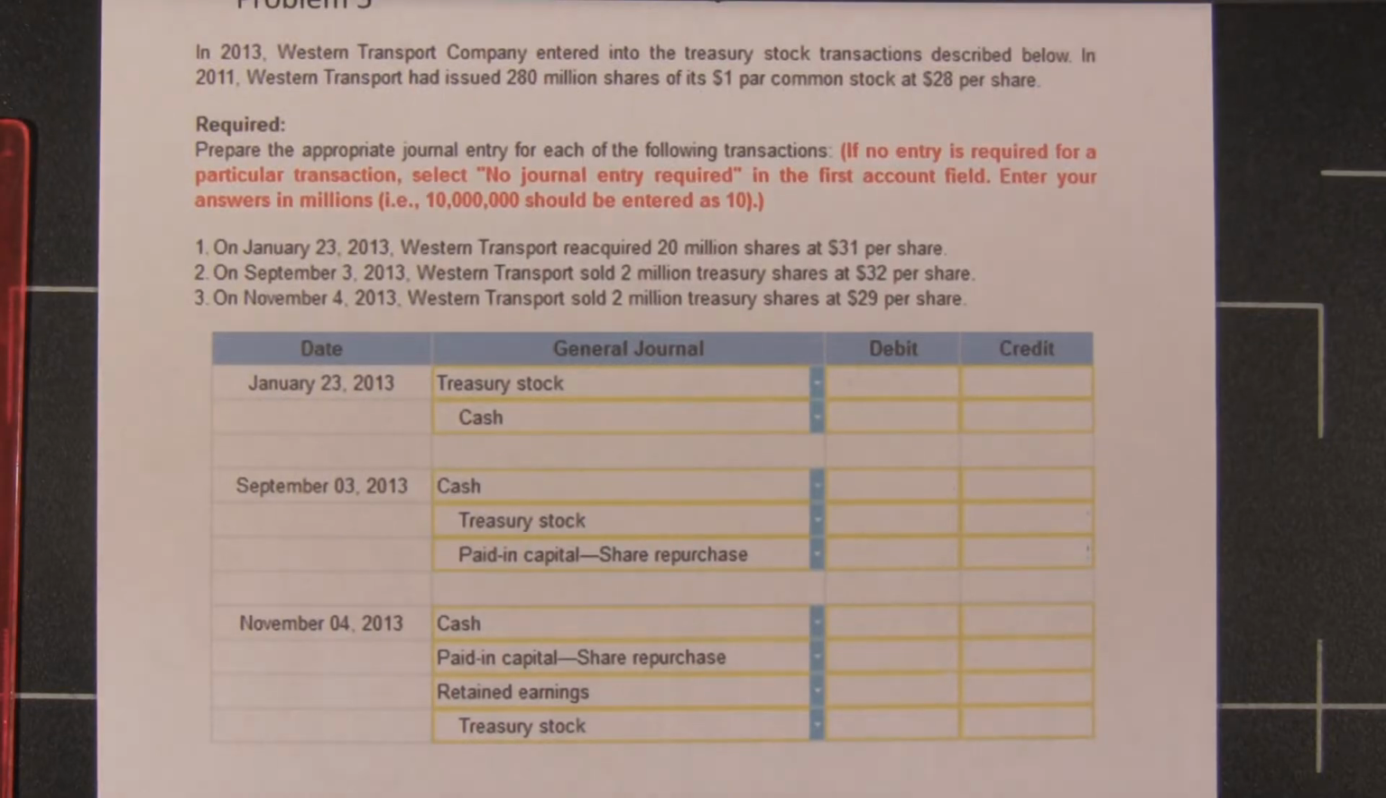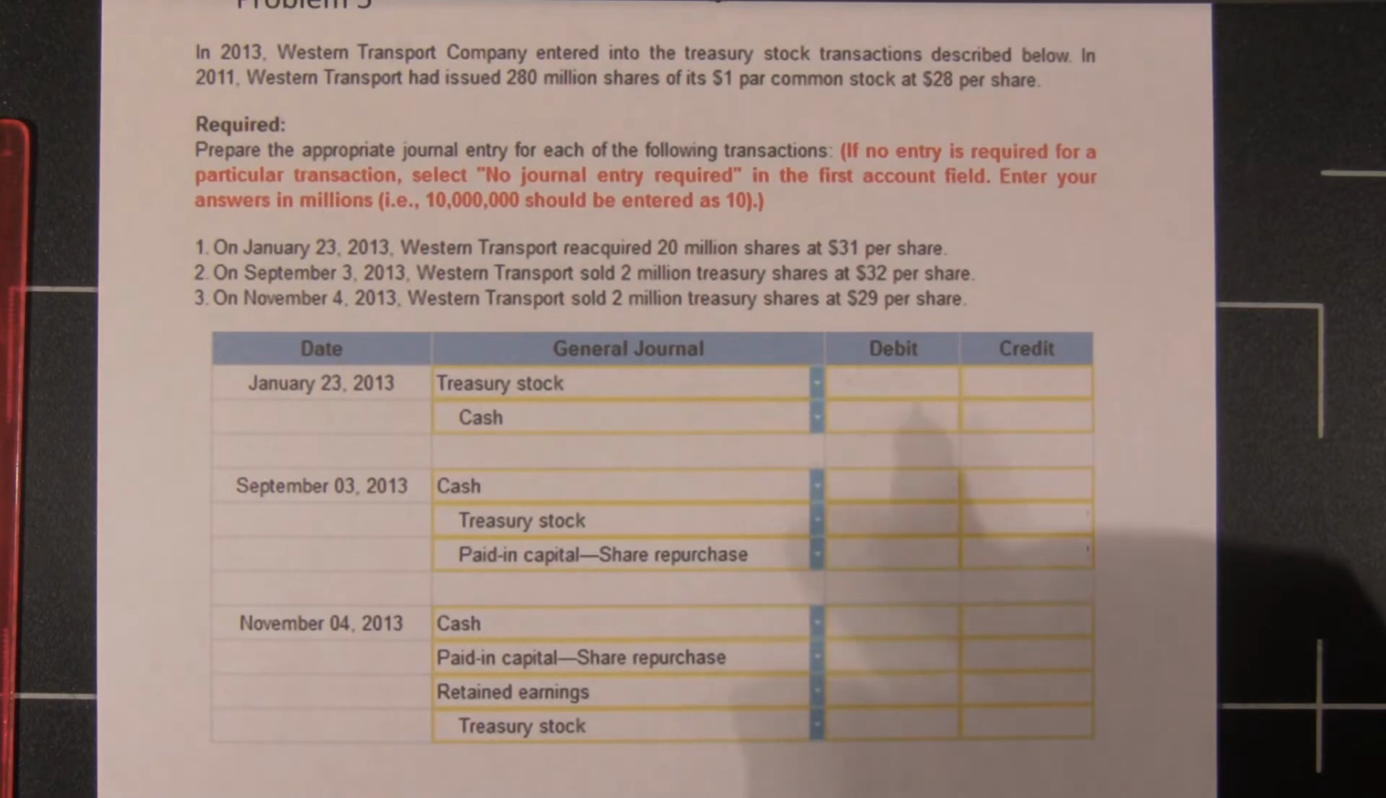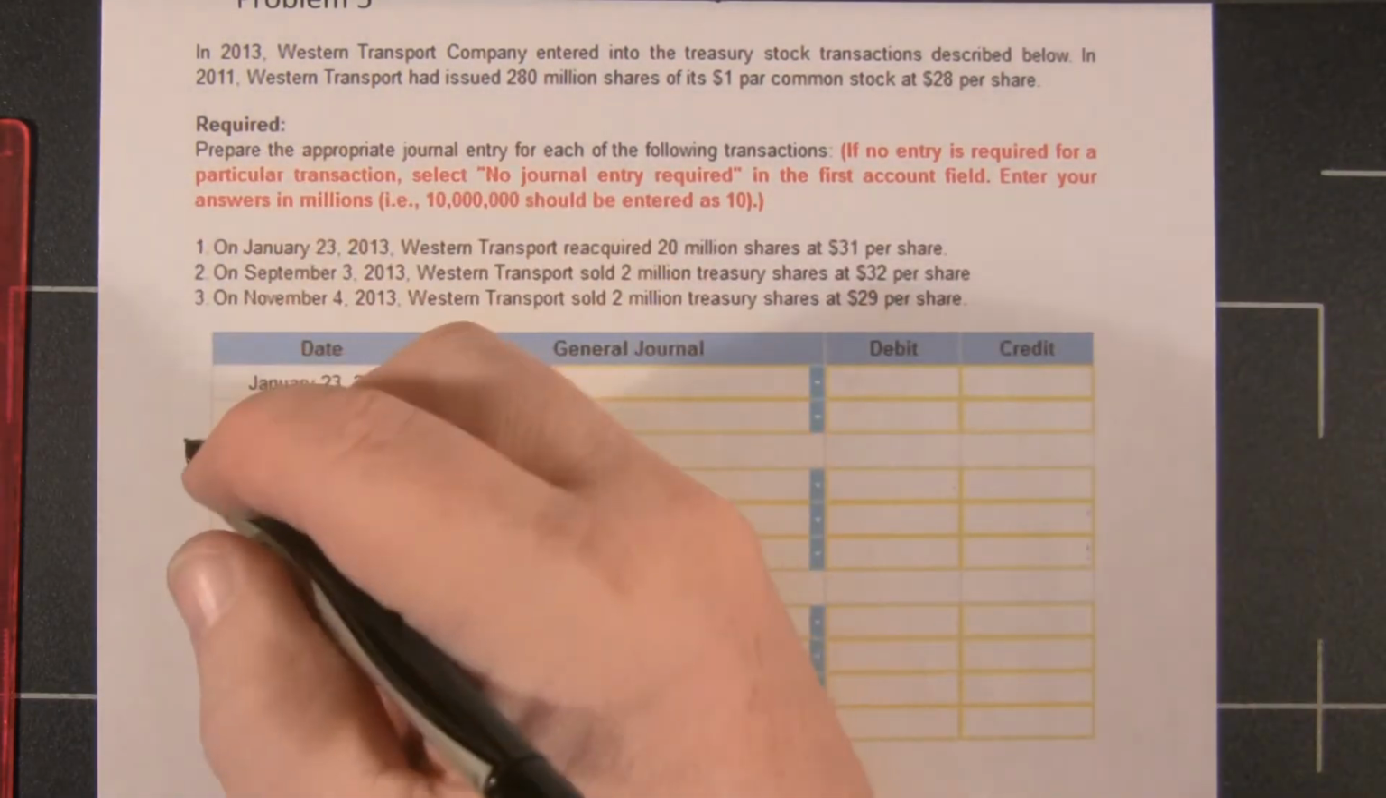Okay, this problem has to do with treasury stock. And the thing that you need to remember about treasury stock is this is stock that we sold and then bought back. When we bring it back, we ignore its original par value and we carry it at whatever we paid for it. So our first transaction